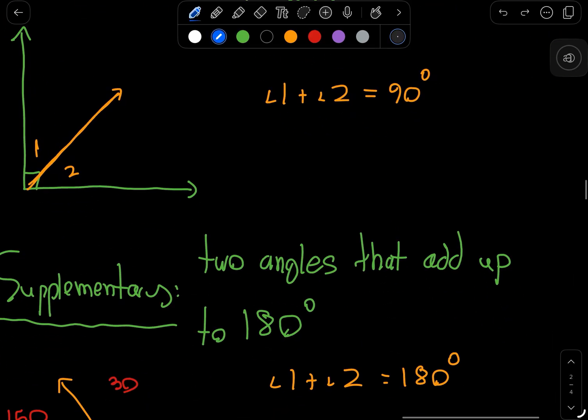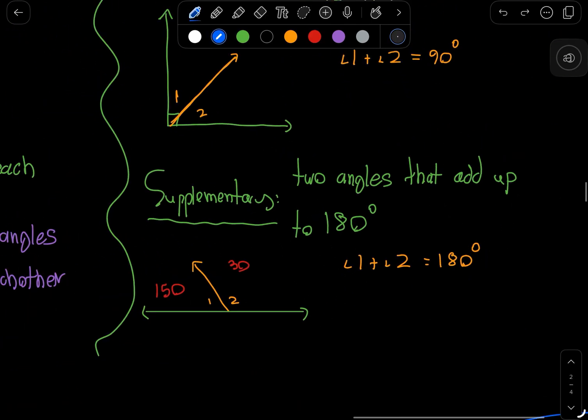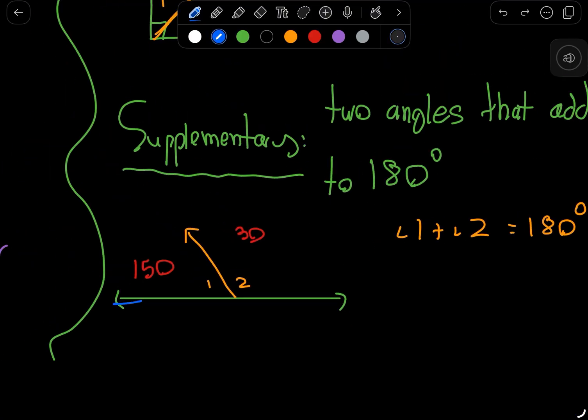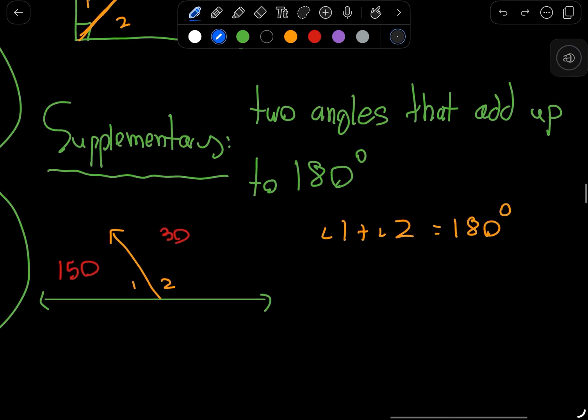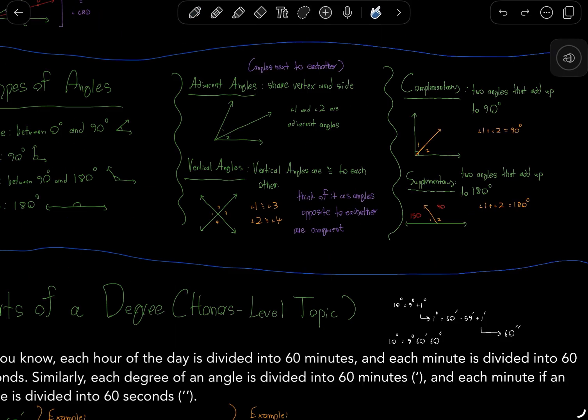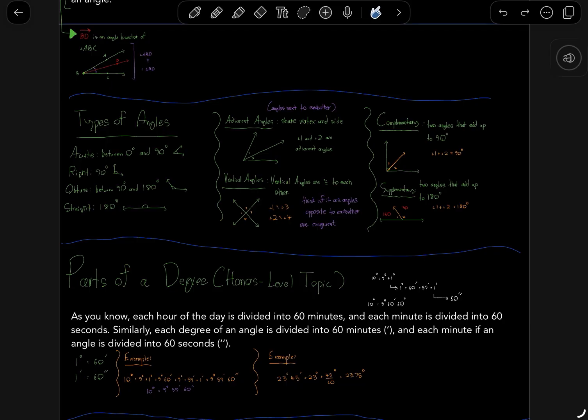And then a similar thing with supplementary angles. Supplementary angles are just two angles that add up to 180, because they add up to a straight angle, right? So again, the equation form: angle 1 plus angle 2 equals 180, right? So hopefully that's not too difficult to understand, but